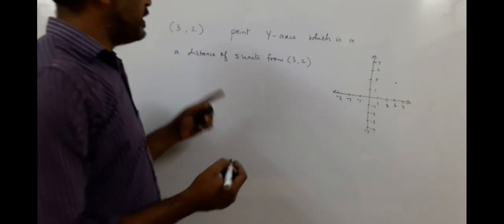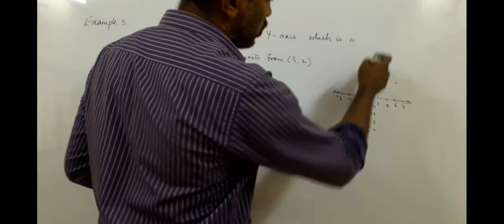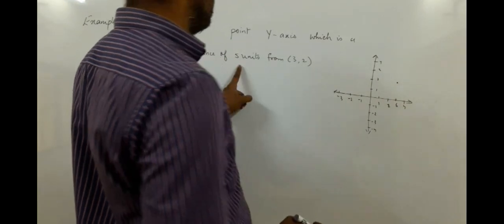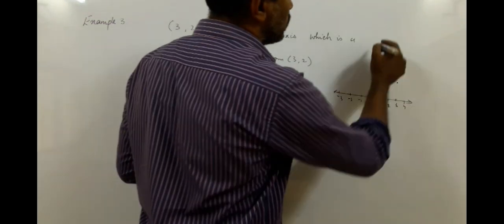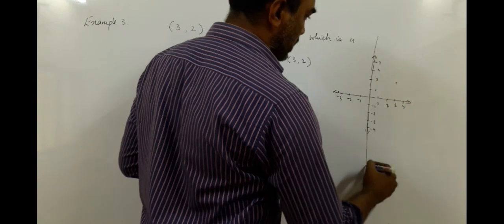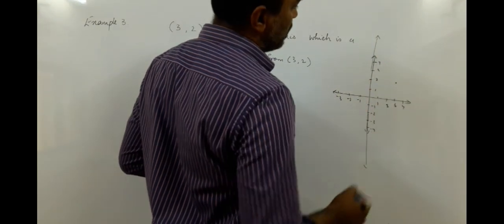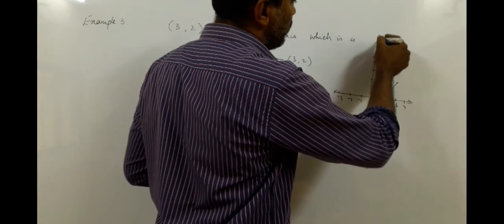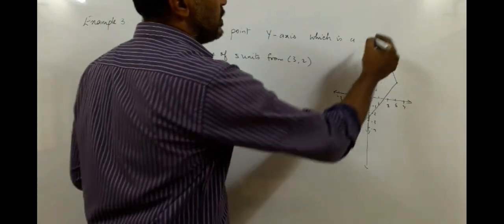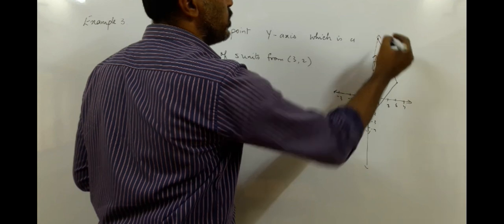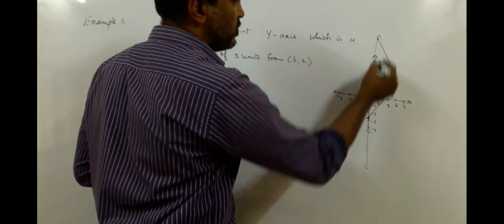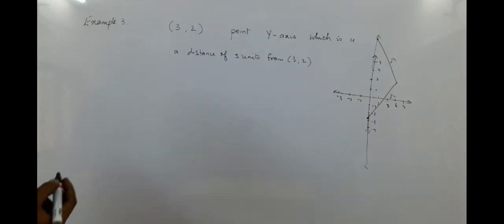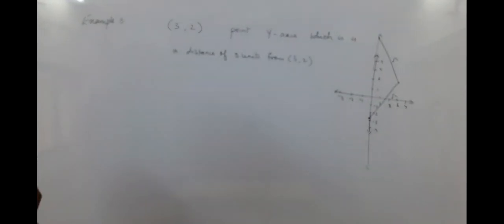Now there is a point on which axis? Y-axis. So on this axis there is a point which is 5 units from this point. Now you can see 5 units I can have a point here also, and 5 units I can have a point here also. There are 2 points possible, this point and this point, with a distance of 5 units. So now we'll see how to find that point.